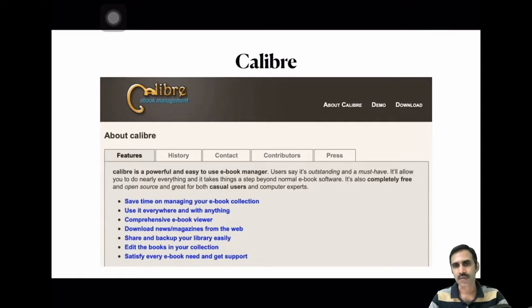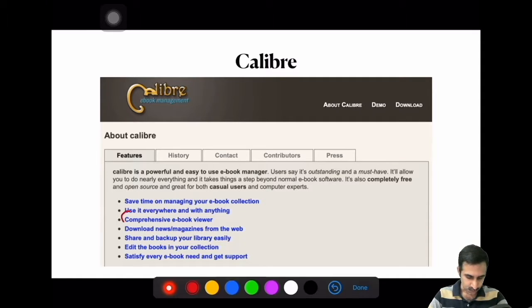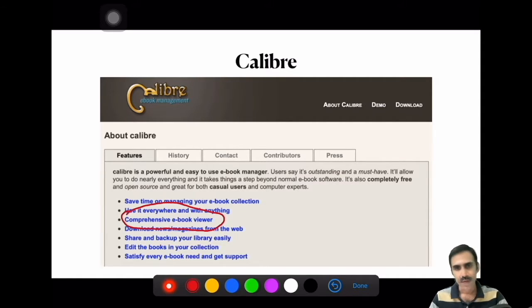Here comes the importance of Calibre. It is free open source software. It is a comprehensive ebook viewer. It is not only an ebook viewer. It has the capability to convert books from one format to another, which may be helpful for you.